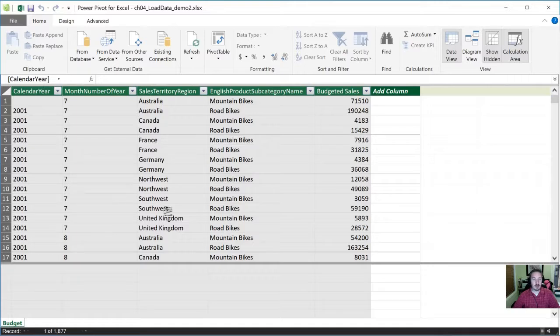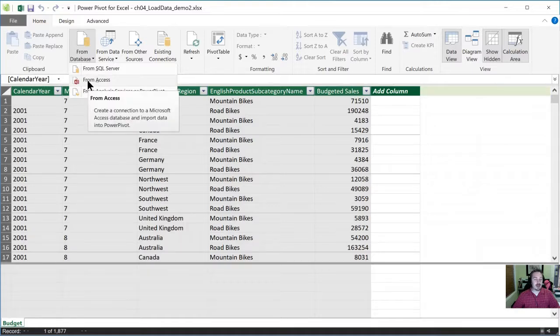So let's start importing from a database. In this case, there is a prominent icon right at the top that's going to tell us that we can get external data from a database. So I'm going to click that, and in this case, they've provided us with an Access file with the data that they use as they work through the examples in the book. So I will select from Access here,